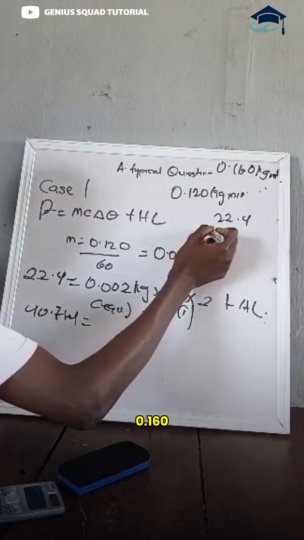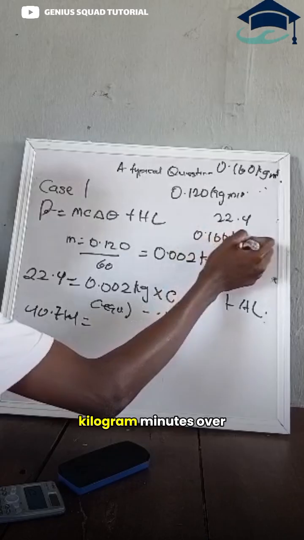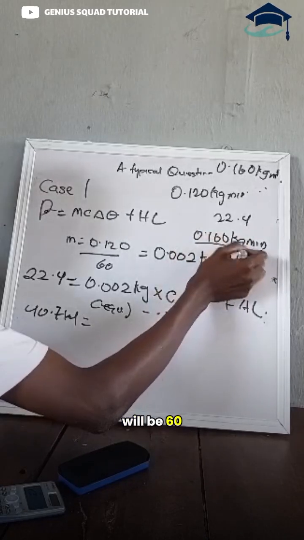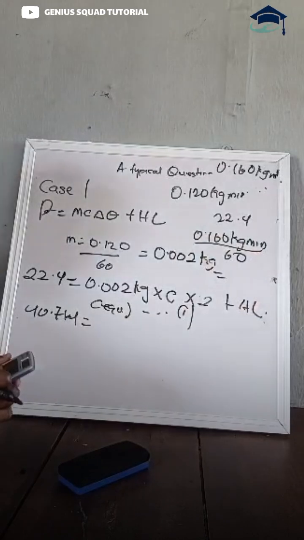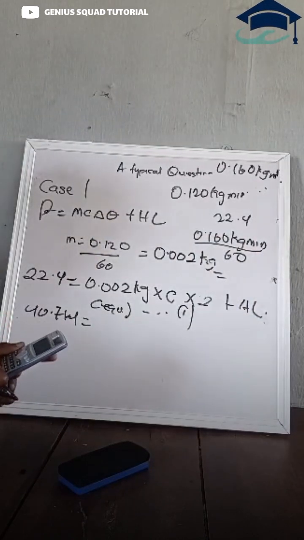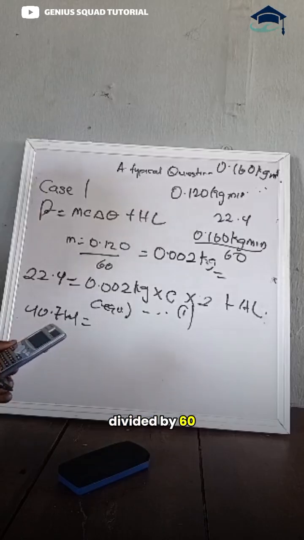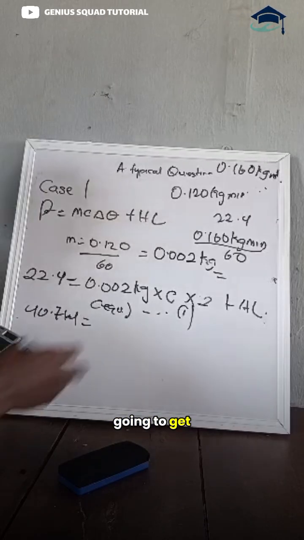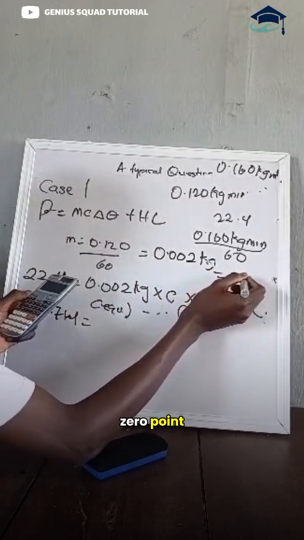So you do 0.160 over 60. Then you do your conversion. So that will be 0.160 divided by 60. Then I'm going to get